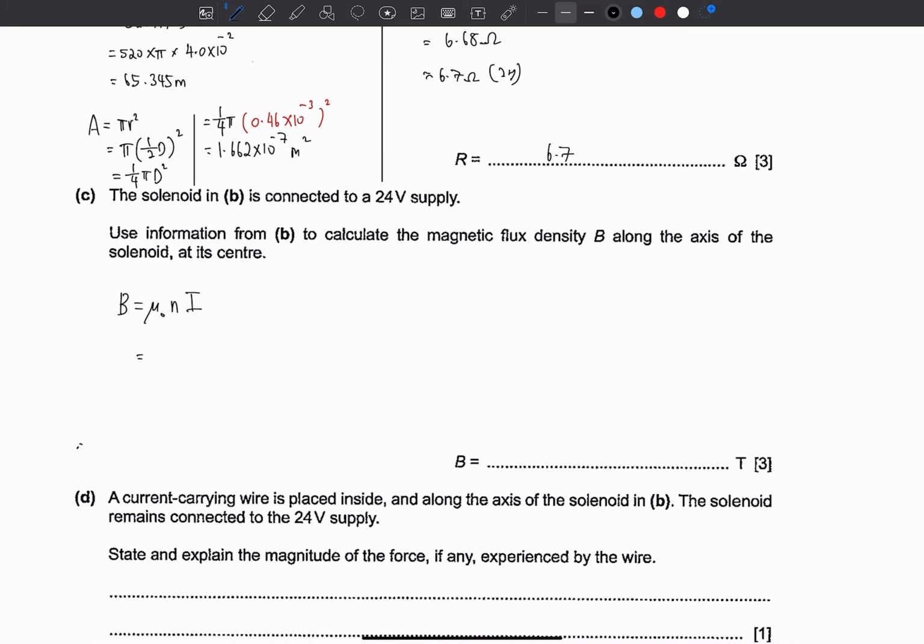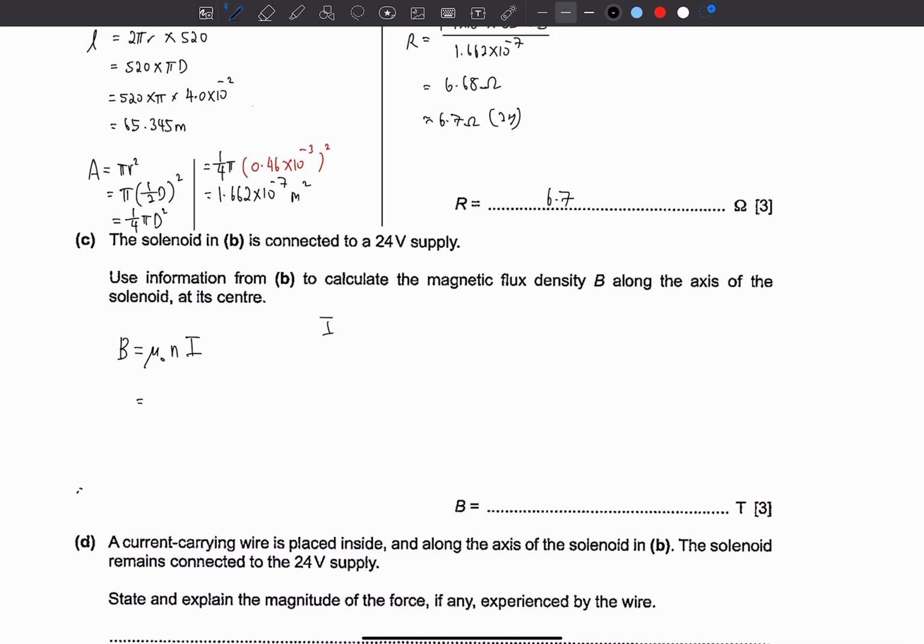Well, it's quite simple. I equals V over R. V is 24, R is 6.68, which will give us 3.593 amperes. Alright, now the next part is finding N. N is the number of turns per unit length. So N is equal to 1 divided by